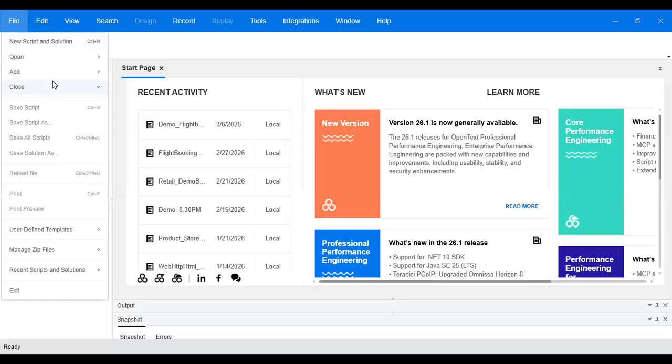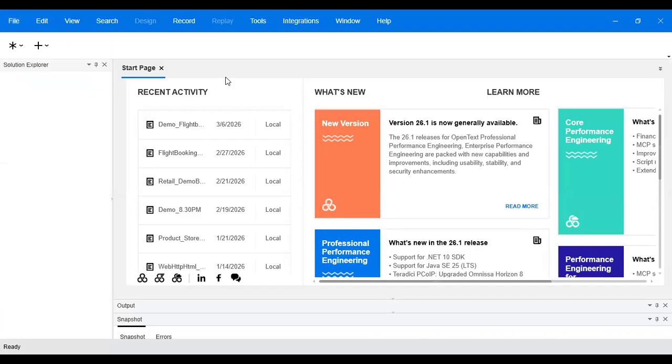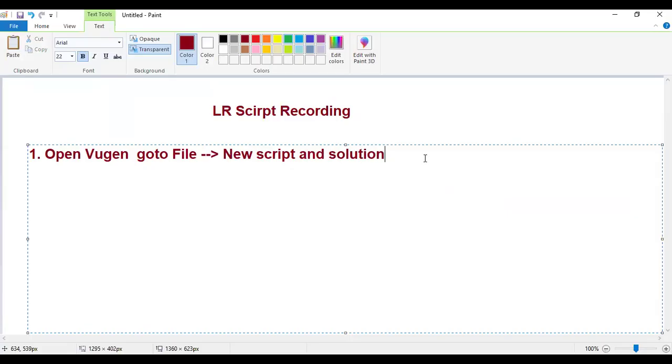File, New, Scripted Solution. Okay, click on that. Okay, this is the very first step. Second step is